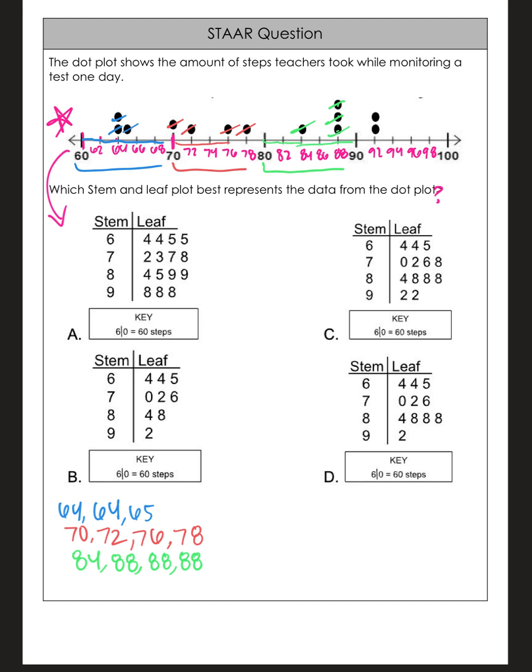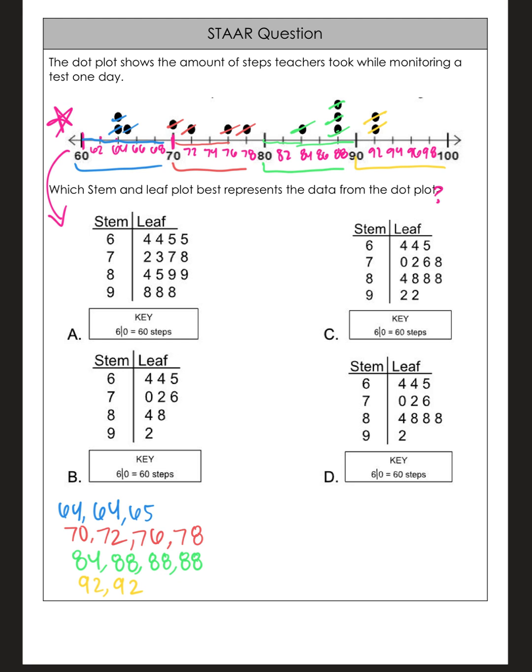We're moving on to the 90s. So from here to here, we have the 90s. The first one I see is 92, but there's another dot right there, so I need to make sure I write 92 2 times for the 2 dots that are there. Okay, now we can go ahead and utilize this list right here to help us figure out which stem and